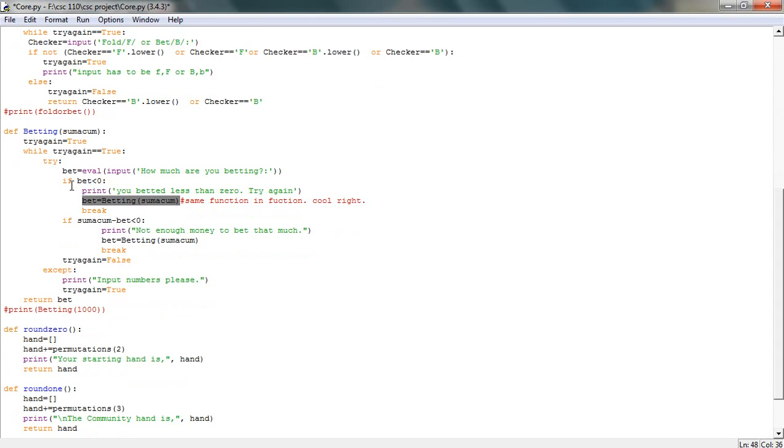Then the next one will check. Take notice that I'm using both if statements because I want both of them checked. If SumIQ, the pocket minus the bet, is less than 0, that would mean the player bet higher than what they had, and you can't do that. So I'm printing not enough money to bet that much, and I'm running the function again inside the function, and I'm breaking it. What this break will do is run this function inside of it, and if a player makes the same mistake again, it will be